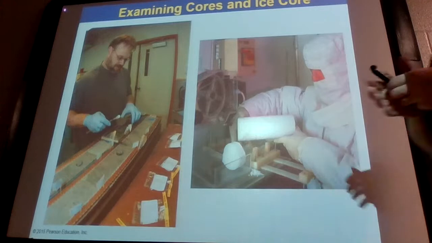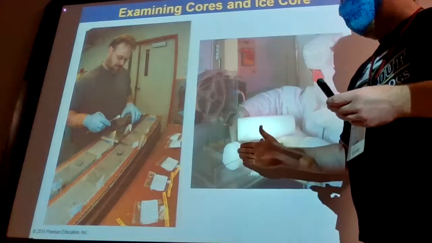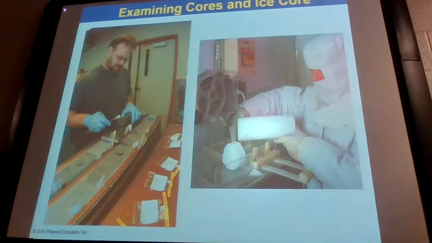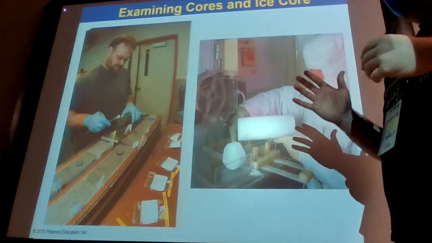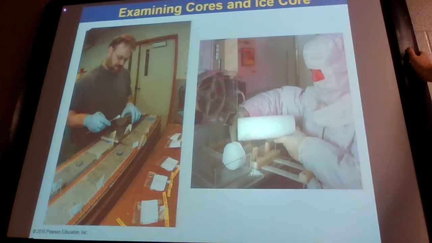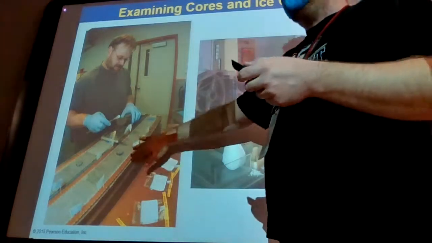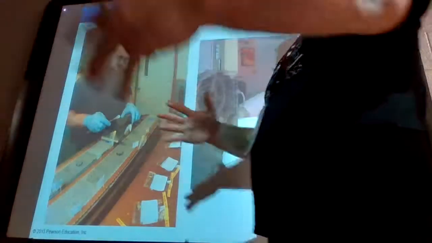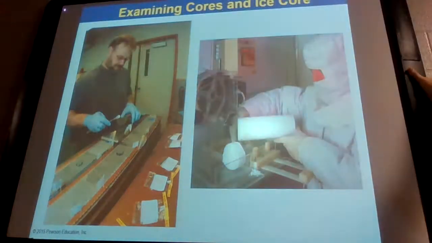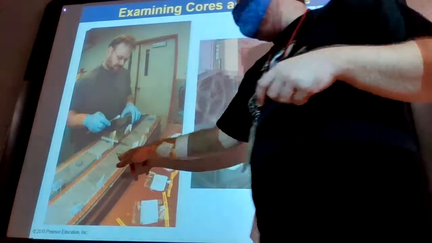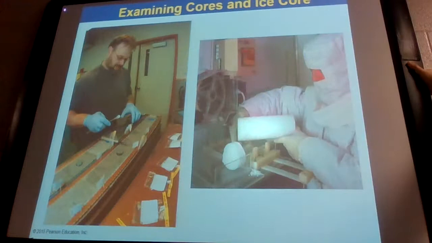And so even right now, as he's cutting through this core, you're losing some gas that was trapped in between those pieces of ice. And so you have to be very careful about how you process your ice cores, and how you do your work. With your sandstone cores, you've got to be a little less cautious. Basically, you just want to keep everything in order from top to bottom. But beyond that, you can do a lot of different things to it. You can even see here, he's drilled little holes out and taken samples out of the middle of the core.